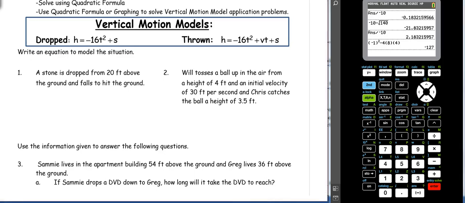In this video, we're going to solve using the quadratic formula, and we're going to use the quadratic formula in graphing to solve vertical motion model application problems. So in the first two, all we're going to do is write an equation, either a drop or a throw,